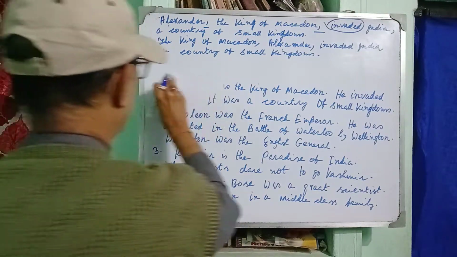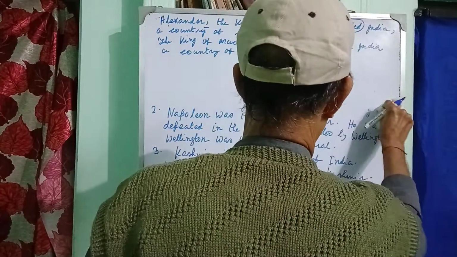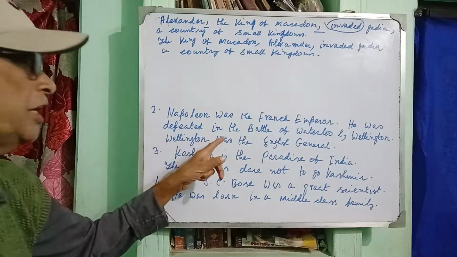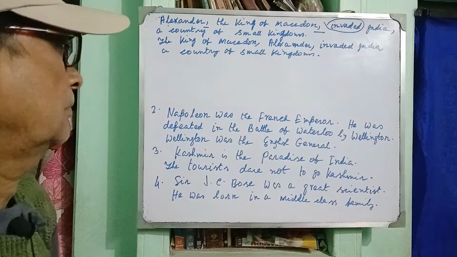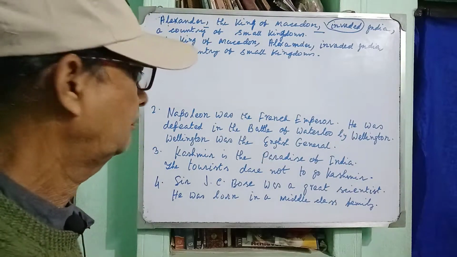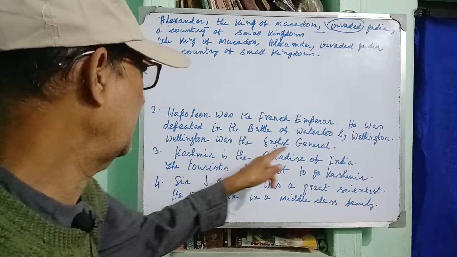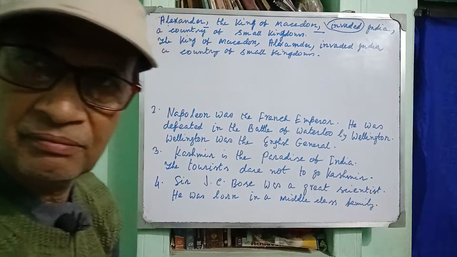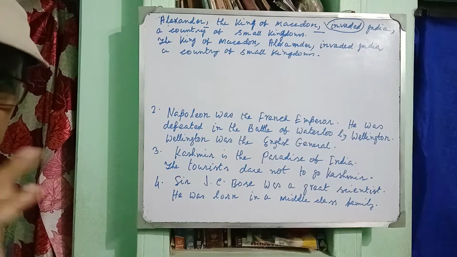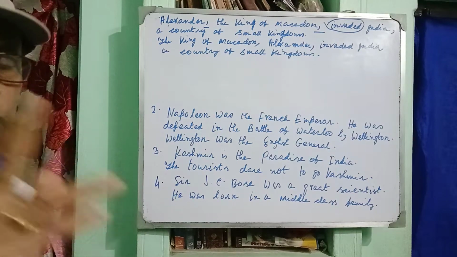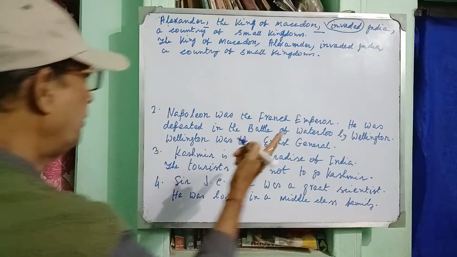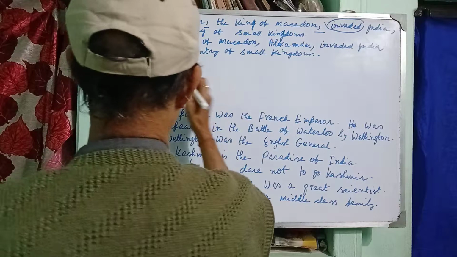For example, Napoleon was the French emperor. He was defeated in the Battle of Waterloo by Wellington. Wellington was the English general. Clear? Then, how will you combine the three sentences into one simple sentence by using noun in apposition or phrase in apposition? Napoleon, the French emperor,